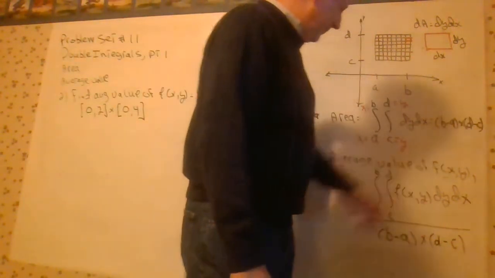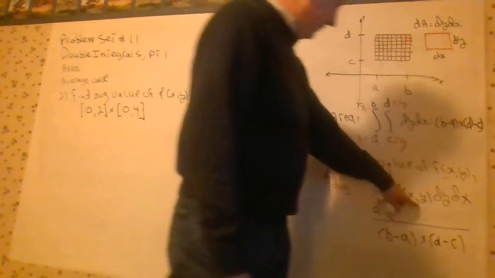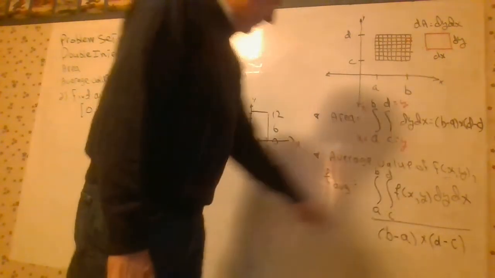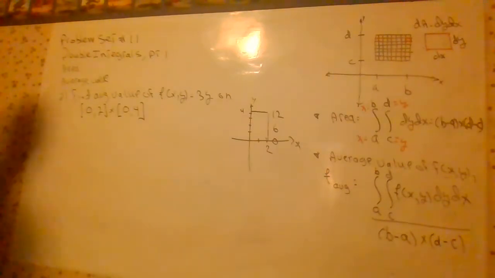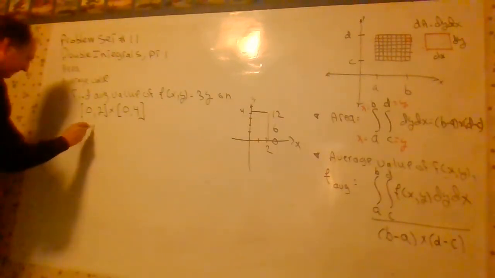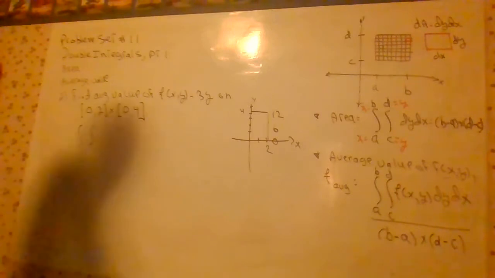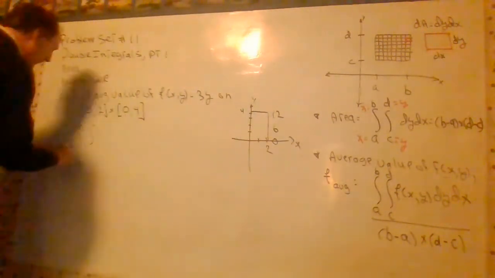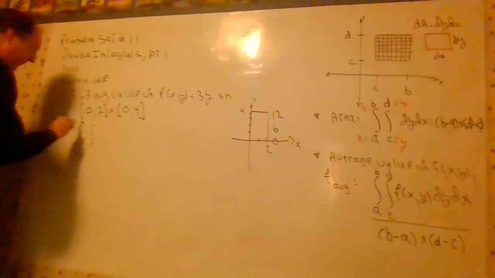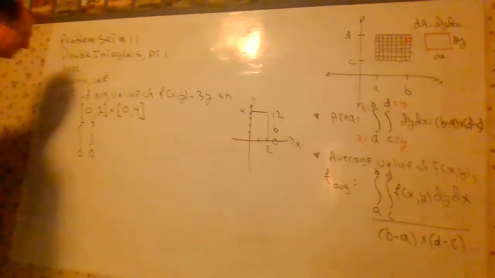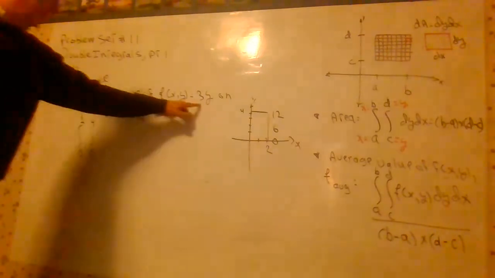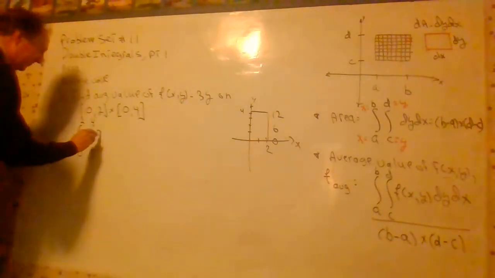What we're going to do is integrate the function, and you'll see your first example of a double integral where you have a function in here. Then we're going to simply divide by the area. So let's go ahead and integrate. X goes from 0 to 2. Y goes from 0 to 4. And we're going to integrate 3y